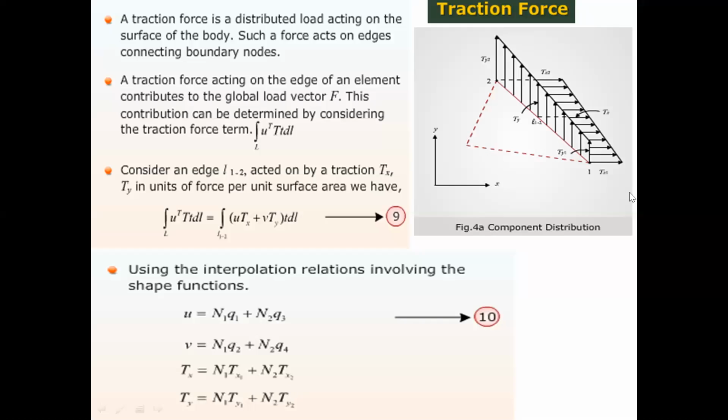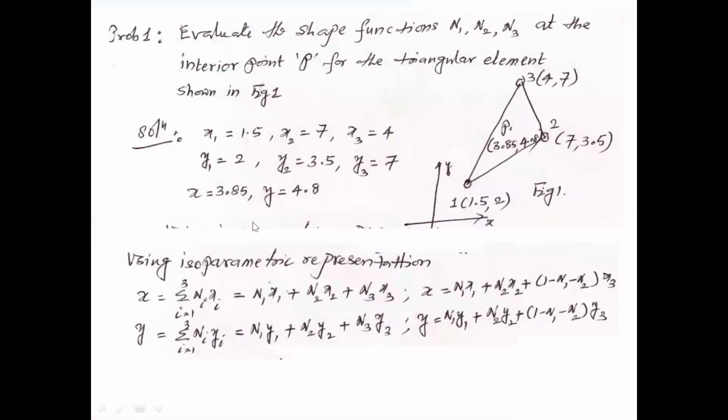ty, what is across the length? n1 ty1 plus n2 ty2. So this you can write in the above matrix, then expand, then integrate. So once you integrate, you will get the solution. And suppose you take a problem like a triangle element, coordinates node 1: 1.5, 2; node 2: 7, 3.5; node